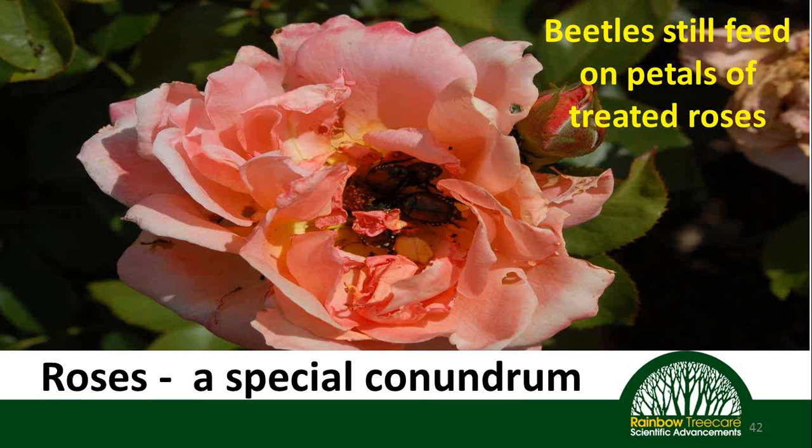From what I've learned from U of M Extension, the Zytect gets into the flowers of the roses at enough of a level to harm the bees, but not enough to kill the Japanese beetle. So with the label restrictions such as they are now, we can't really do much of anything on roses, and we're just telling customers to hand pick them into a jar of soapy water just to make sure that we're